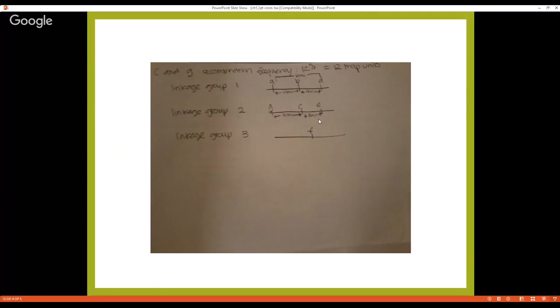C and E are still 4 map units apart. I think that's supposed to be 8. And then we have linkage group 1 with A, B, and D, linkage group 2 with G, C, and E, and linkage group 3 with F alone. That is